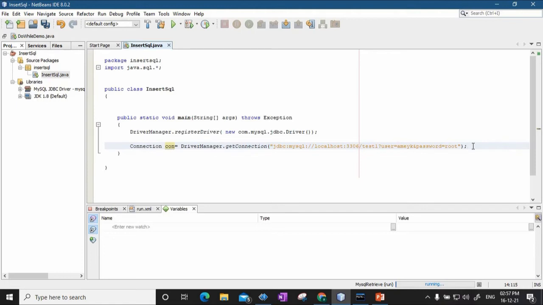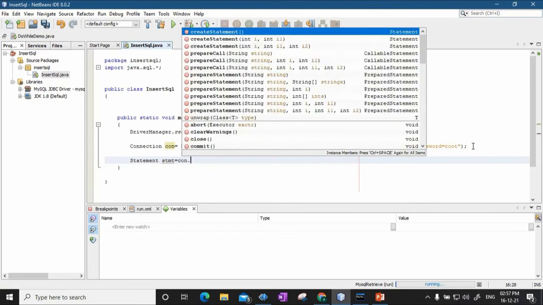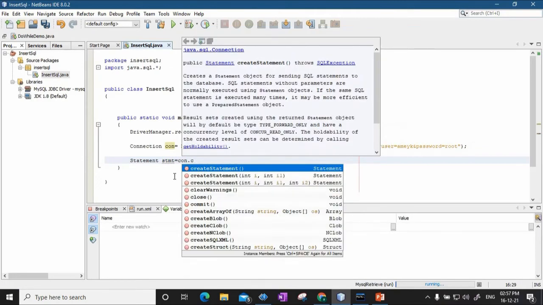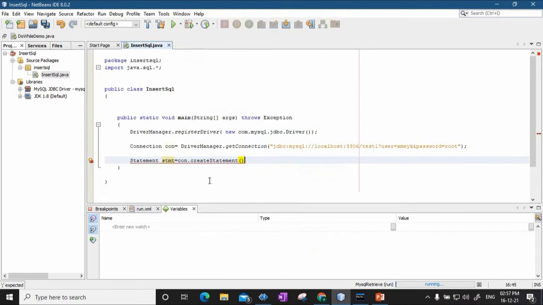Now next we are going to create the statement. So I will say Statement stmt equal to con.createStatement, that will create the statement object. Then I want to insert some bulk values, say 999 rows at a stretch.